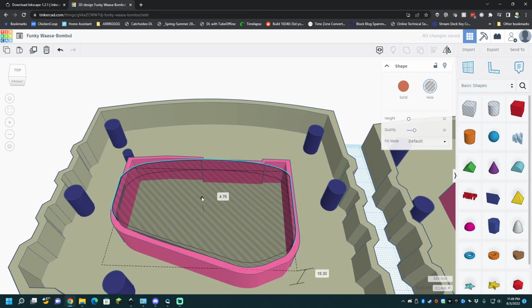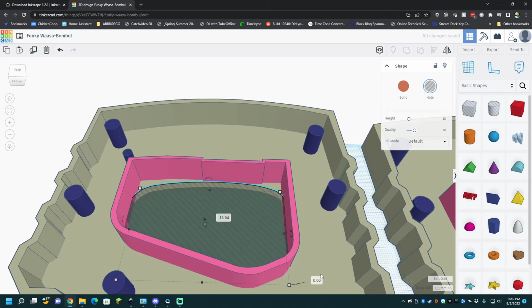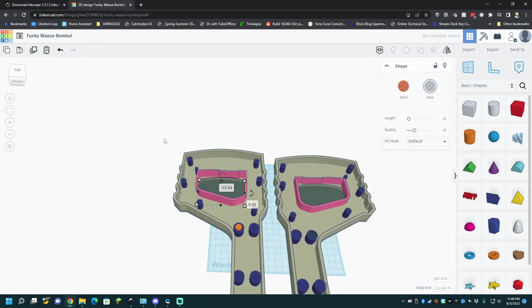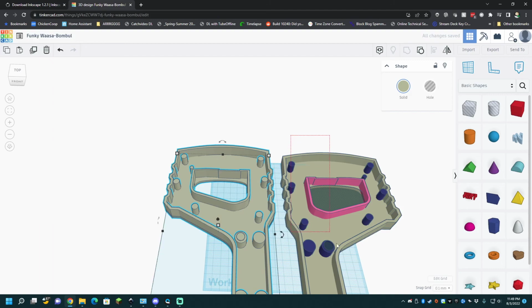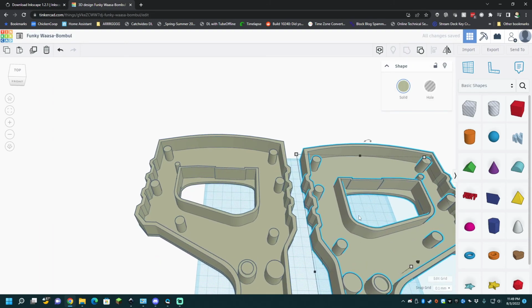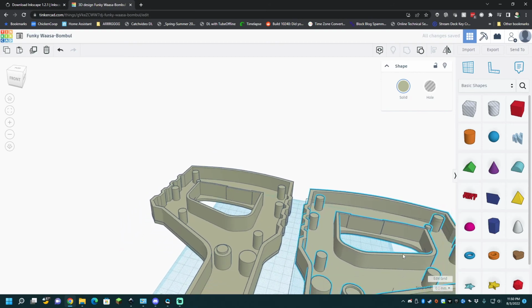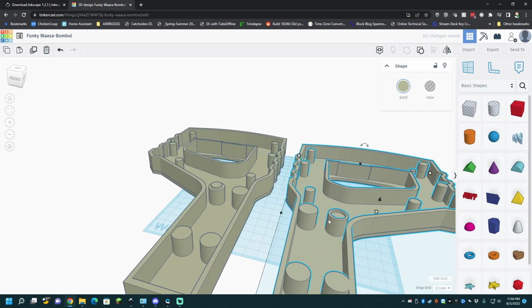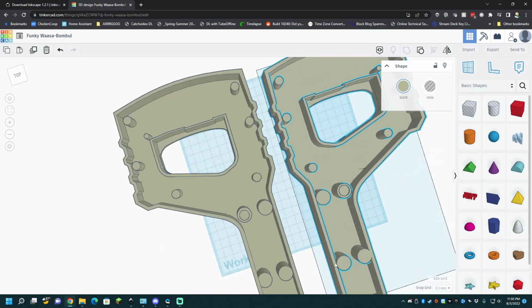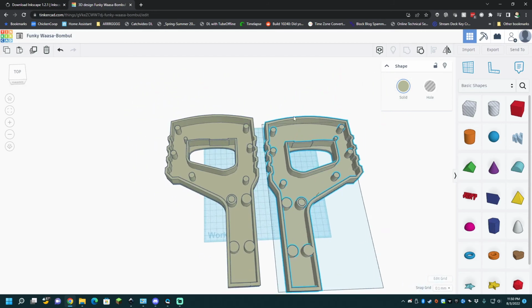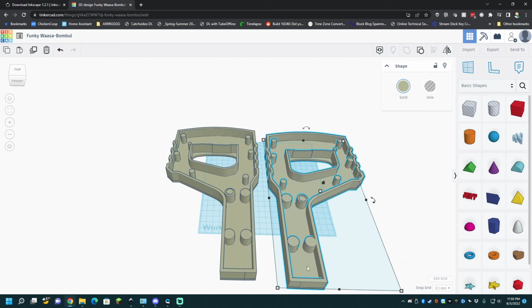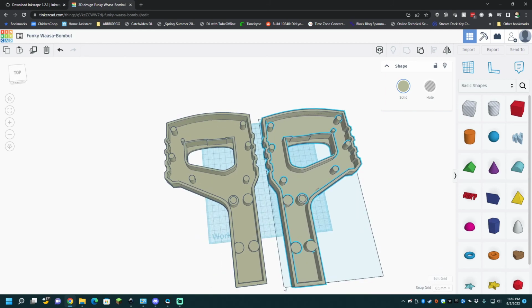And then this last piece, of course, we're going to bring it back down to 0. And then join it all as a shape. And so now, between these two, we have a bump. We have another bump that bumps in. We have our holes. We have our different sizes of our handles. And essentially you're good for a test print once you make all your necessary holes and everything else like that,